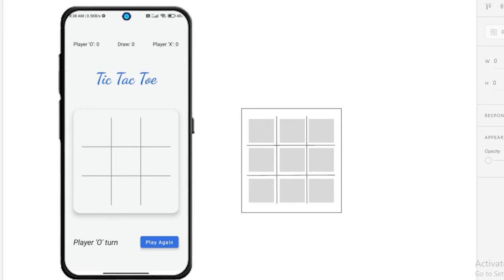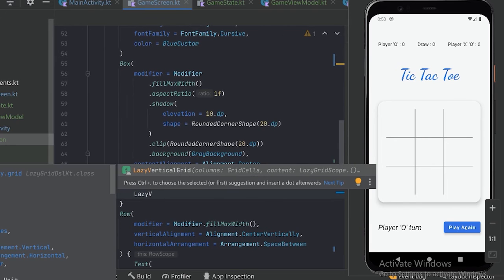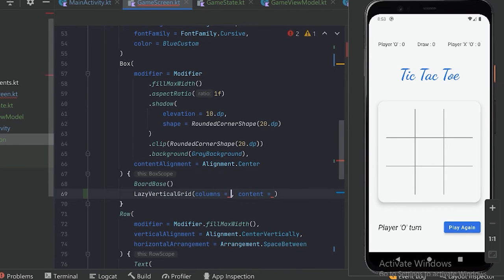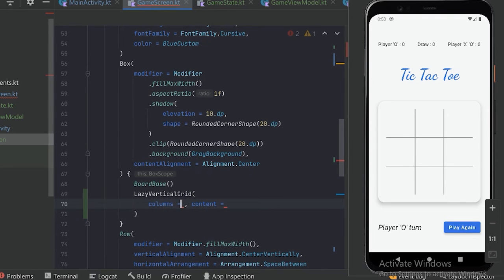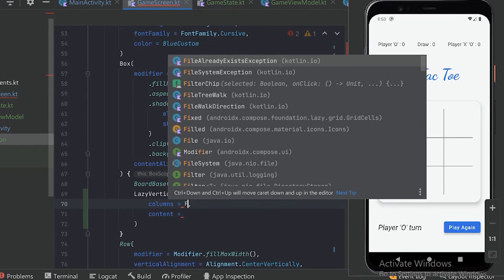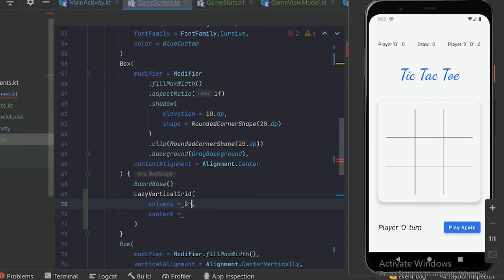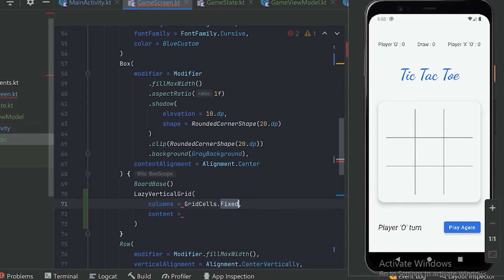So for that grid we will take the lazy vertical grid. These columns will be of fixed number. Grid cells dot fixed of 3. So the column in our vertical grid will be fixed number 3,